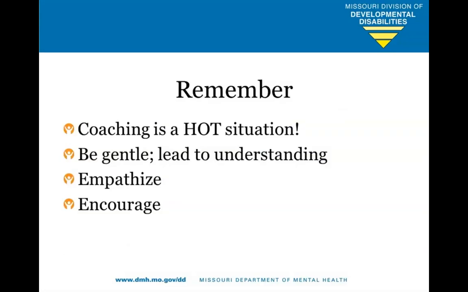And the reason being, supervision and coaching is a hot situation. Most people are nervous being watched, and most people are nervous getting feedback. Questions should gently inform and lead a person to better understanding what it is they should be doing. We need to listen to what obstacles or barriers the staff is trying to overcome. We need to empathize with what's being experienced when trying to implement a skill. And we need to use encouragement to increase their confidence. Supervisors should always treat staff like professionals, remembering to use the skills of open-ended questions, listening, empathy, and encouragement.